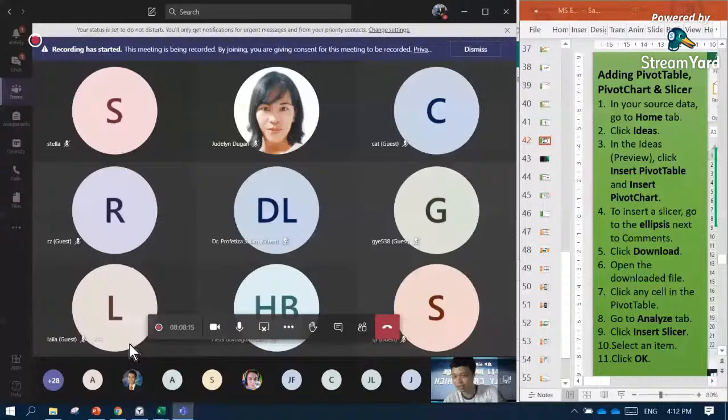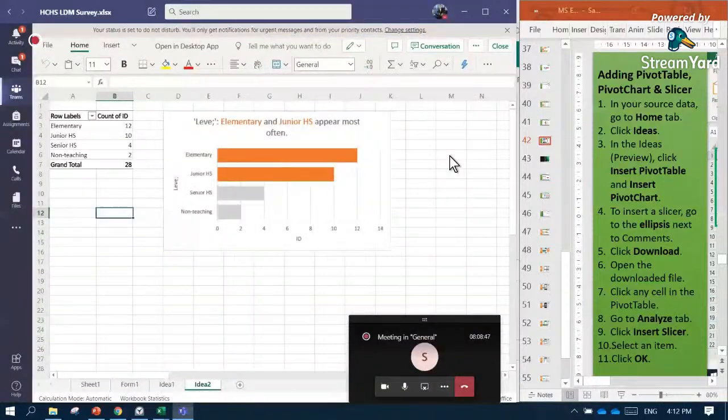Even though I accidentally closed the application, it automatically saved. That's the amazing part. I made an example of automatically saving the work I showed you a while ago, wherein we inserted a pivot table and pivot chart in our source data.